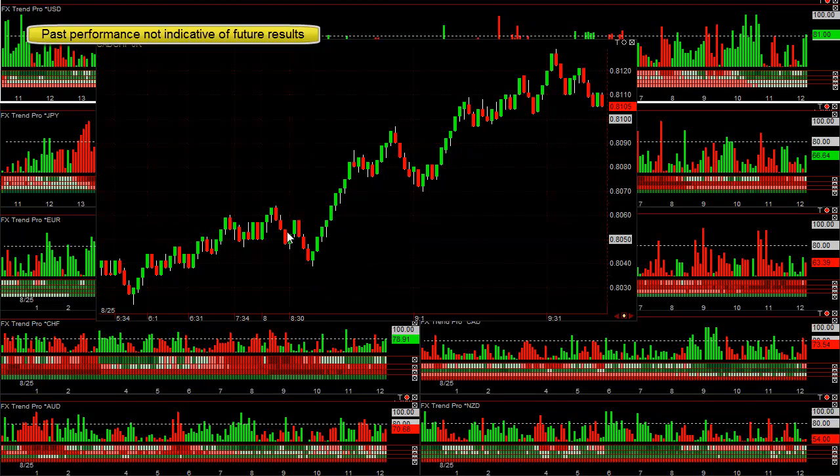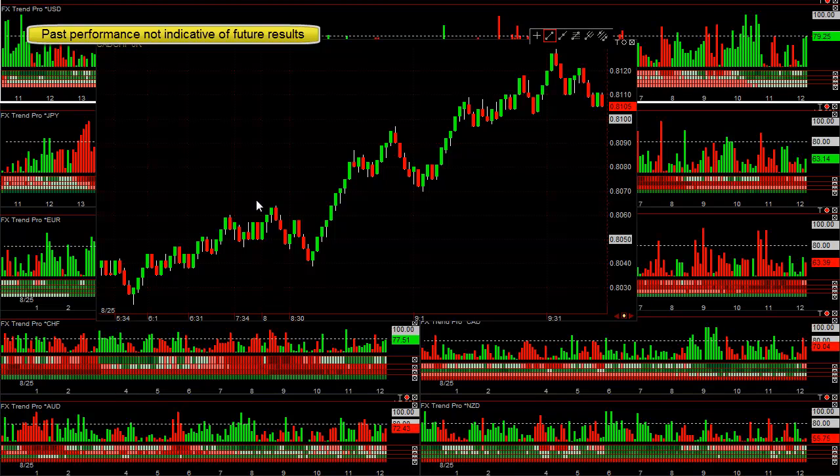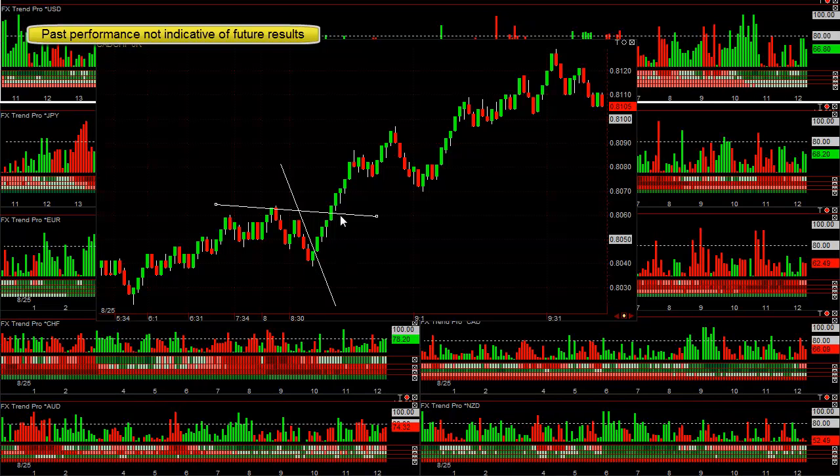8:30 is right here. We got a little bit of a pullback, and if you're watching this currency, you might have got into that trade. That's not a very good trend line there. Redraw this here. But basically, when it breaks out above that 3-bar pullback, you go long with your stop right underneath the low, and it just takes off. And if you're a little bit more cautious, I personally don't like to buy breakouts when I can get a nice pullback like this. I can risk 5 pips and lose 10 to 12 or 13 pips one time